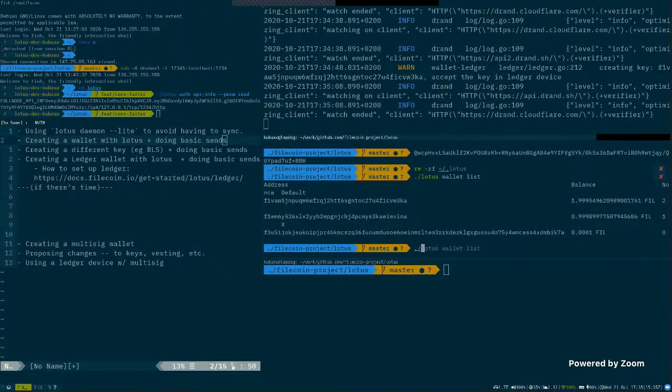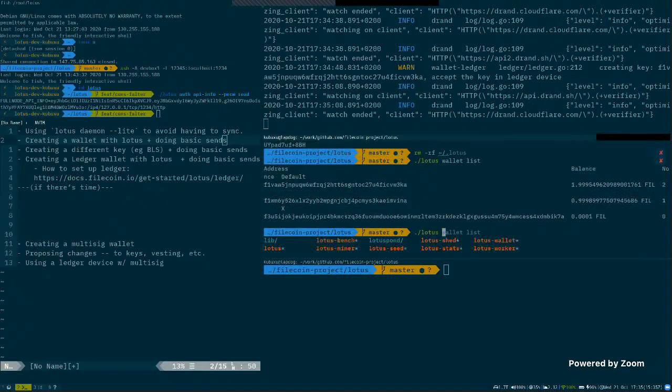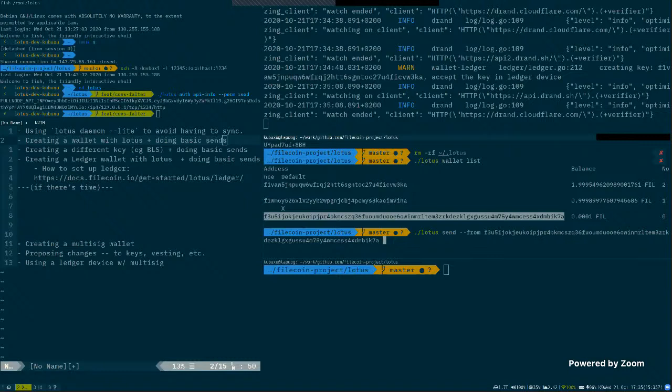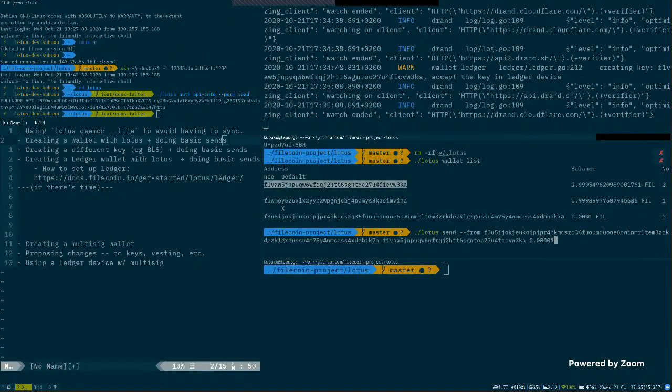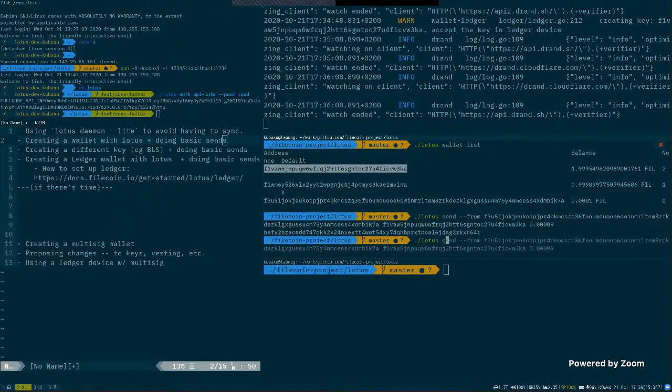We can send, for example, from that BLS address to my ledger, and we can send some more dust into it. You cannot send the full amount. Currently, we might enable automatic estimation for when you're trying to send the full amount, but I should be able to send almost all of it to the ledger, and I can transfer from the ledger